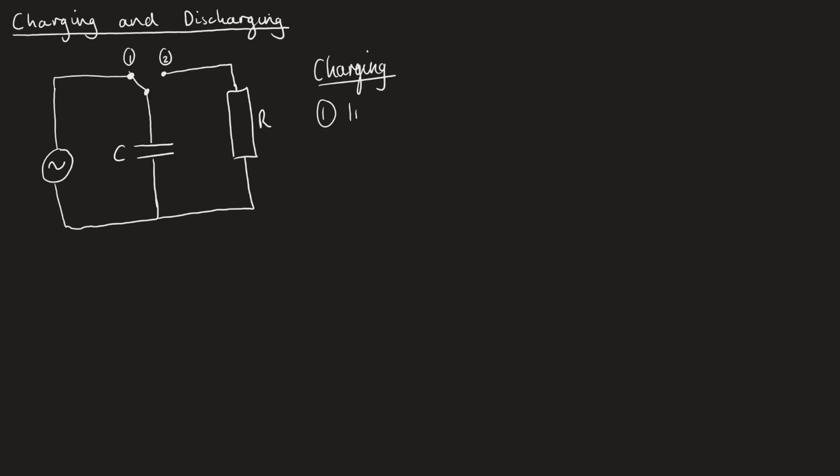initially what happens is the capacitor behaves like a short circuit. So it behaves as if it was just a wire. The current flows through it as much as it wants. Which means we'll start off with a maximum current. There's no potential across it. We start off with zero potential, and we start off with no